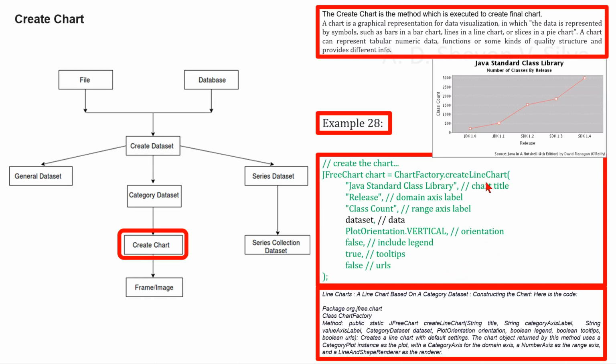Here is the code. The method public static JFreeChart createLineChart(String title, String categoryAxisLabel, String valueAxisLabel, CategoryDataset dataset, PlotOrientation orientation, boolean legend, boolean tooltips, boolean urls) creates a line chart